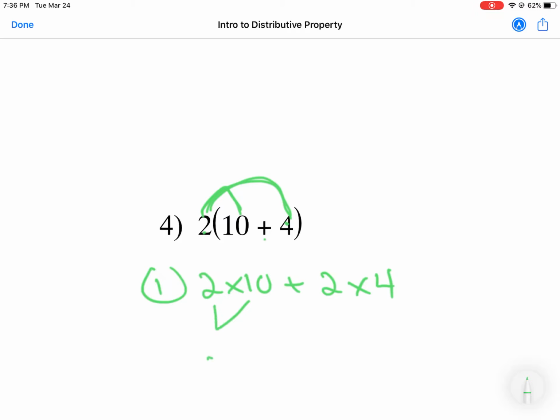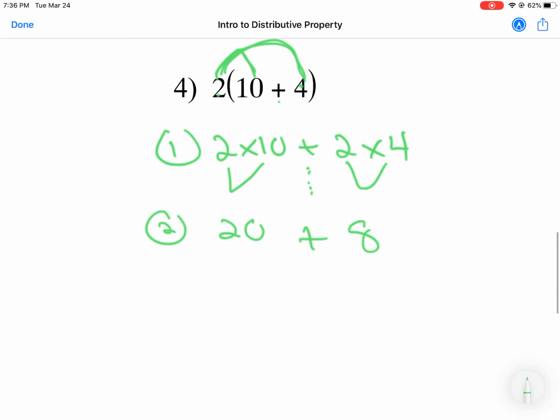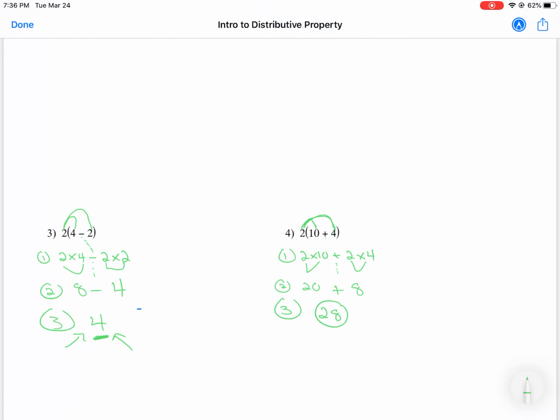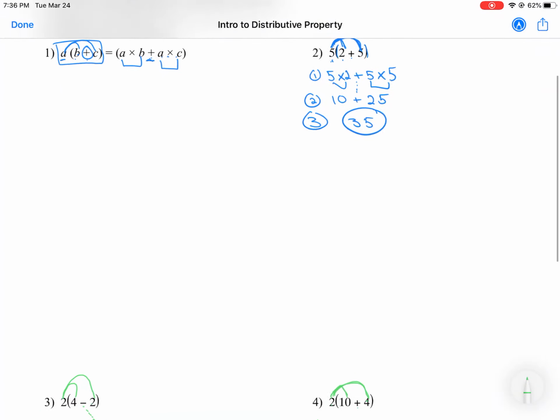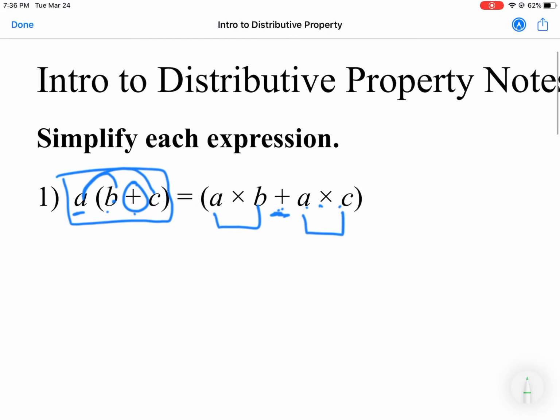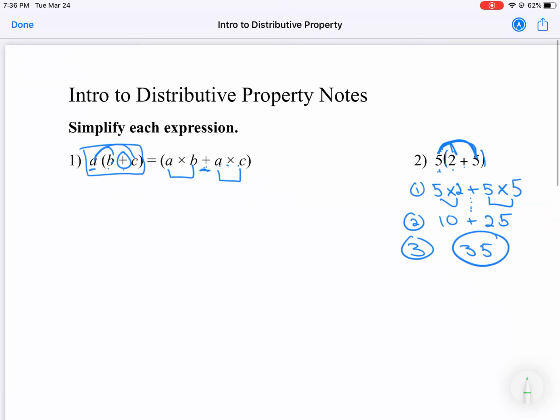So now let's see. We have 2 times 10, which is 20. Make sure you bring down your plus sign. And then we have 2 times 4, which is 8. So that's step 2. Lastly now, step 3. We have 20 plus 8, which will give us a grand total of 28. And that's going to do our notes on distributive property. Pretty straightforward, to the point. Get your formula up here for number 1. Use it, draw your